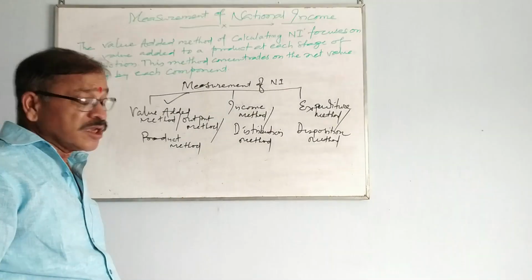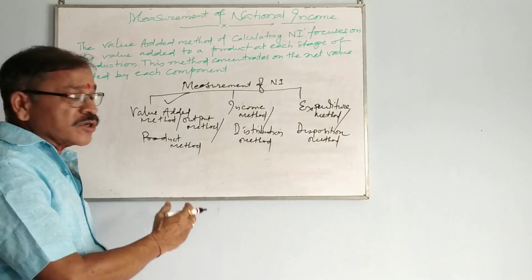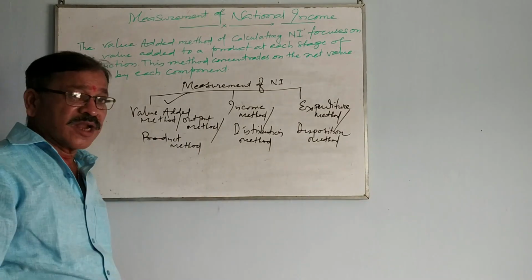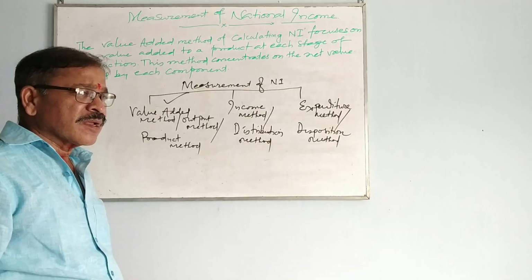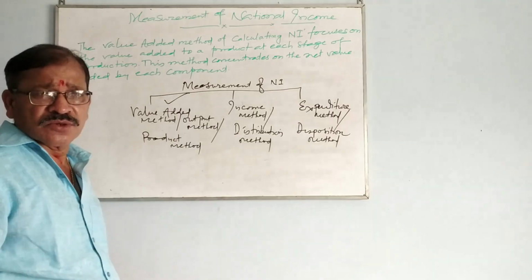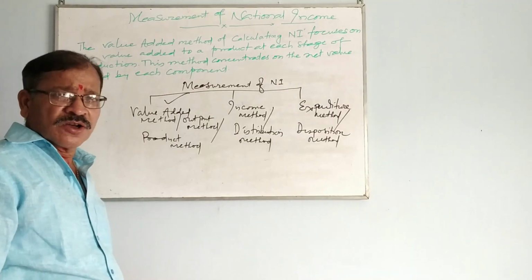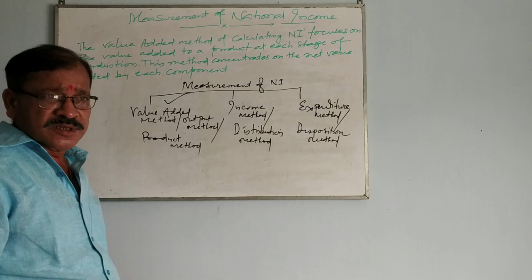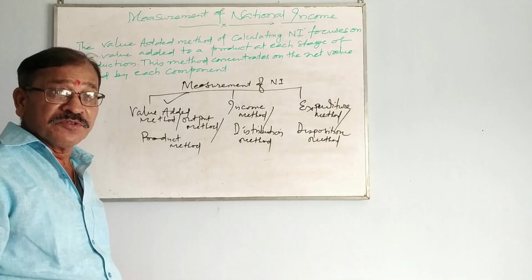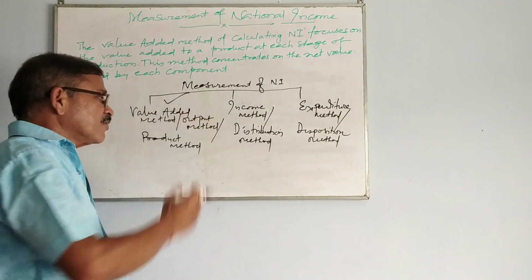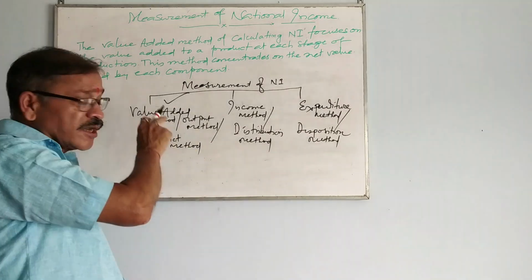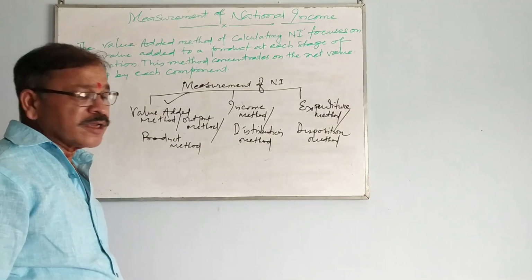And as I told, there are three methods. So in this module, we will discuss value added method, which is also known as output method and product method. Basically, most of the times, generally rather, only value added method is given or explained. But sometimes, if they want you to be confused, they may give output method or sometimes product method. You should not get confused. All three are the same, that is value added method.